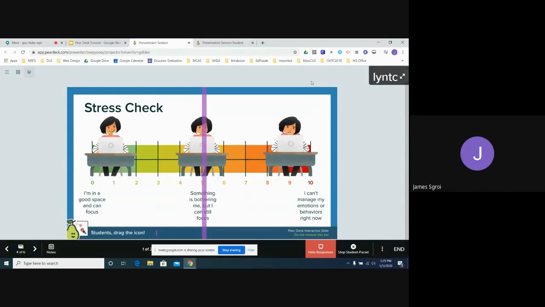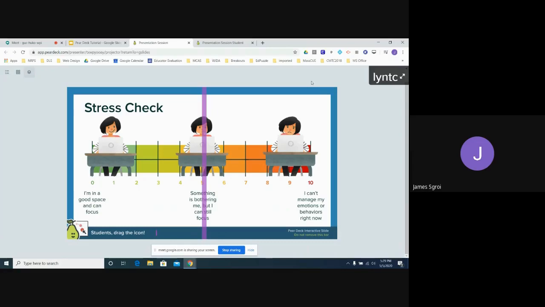So that's a very quick overview about how to use Pear Deck, how to make your presentations interactive and bring a little life to